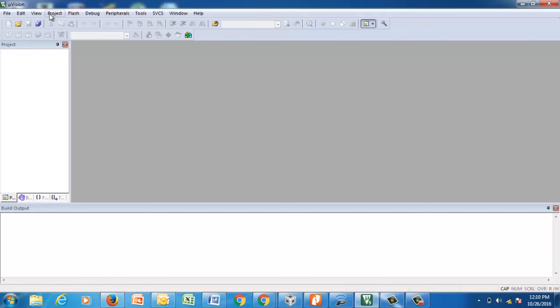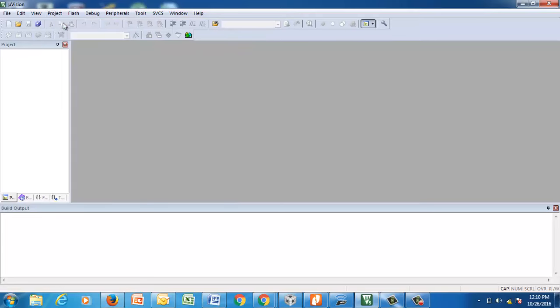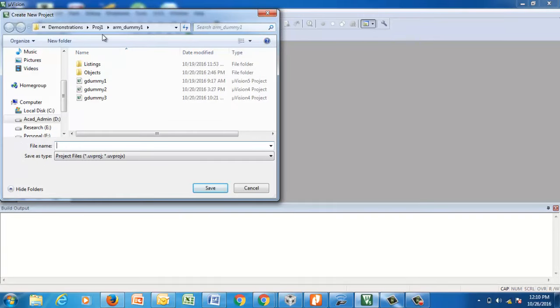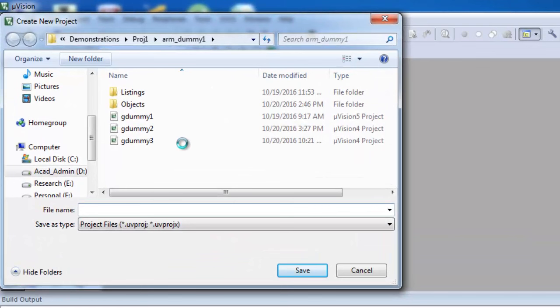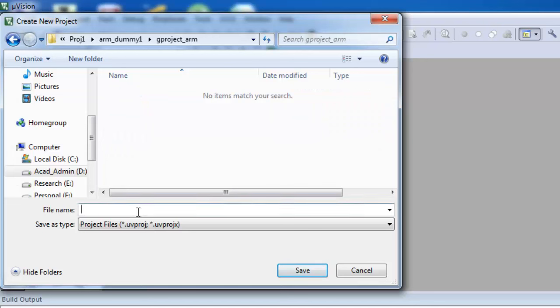Now what you have to do is, once that is done, as usual, like any other Keil project, open a new Microvision project. Open a separate folder for it. This is something that you are already used to. So let me create it. Okay. So once I get into the folder, I name the project, save the file,